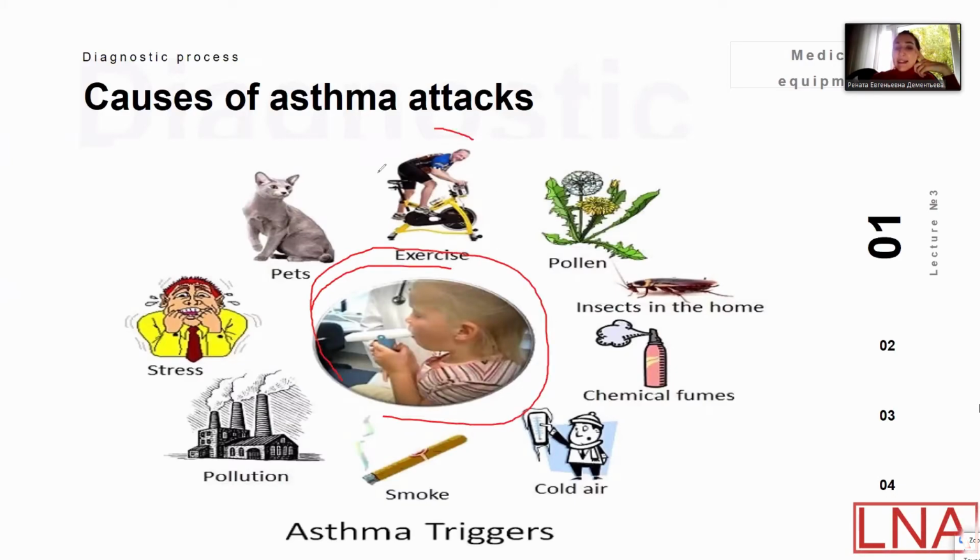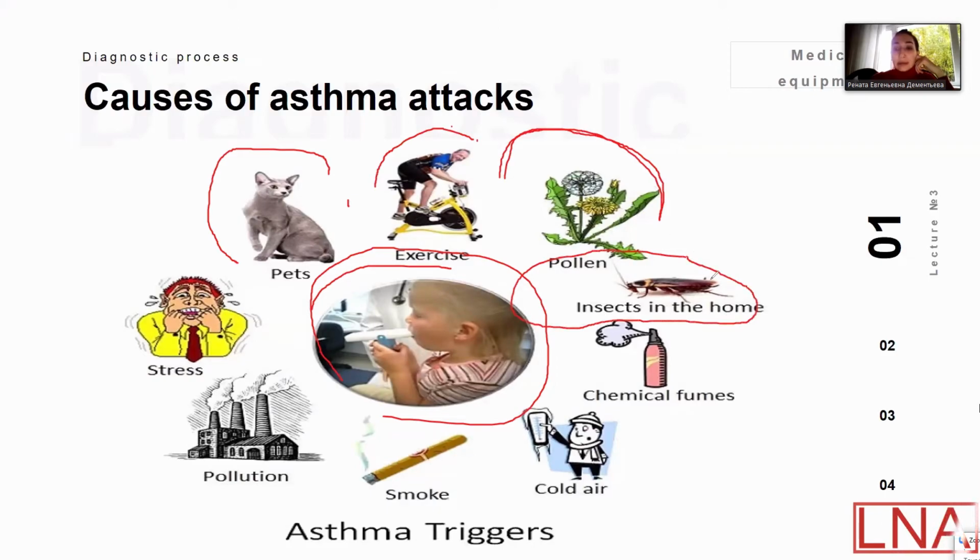Look at the upper part of the surroundings: pets and all products from the animals, meals for animals, and so on. Some pollens, which will be different for each patient. Next, insects in the home, chemical fumes, like shampoo, like special laundry devices,